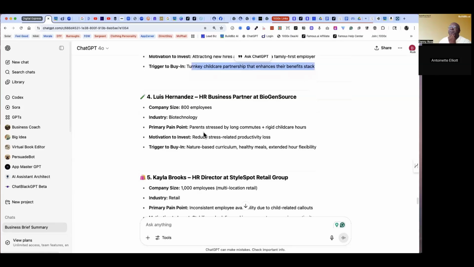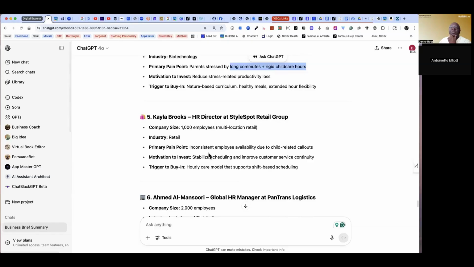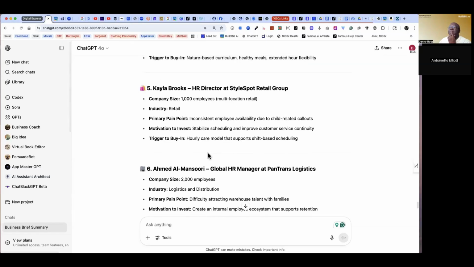800 employees, long commutes, rigid childcare hours. These are all things you're familiar with, I would assume. Or is this good information for you? Consistent employee availability, stabilized scheduling. That's interesting. Then 1,000 employees, improve customer service, hourly care model.